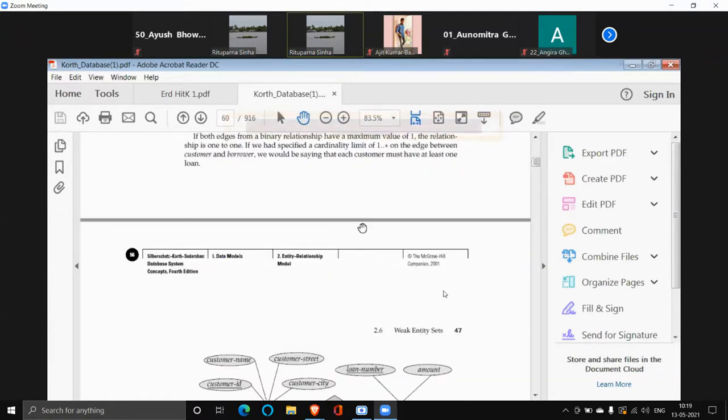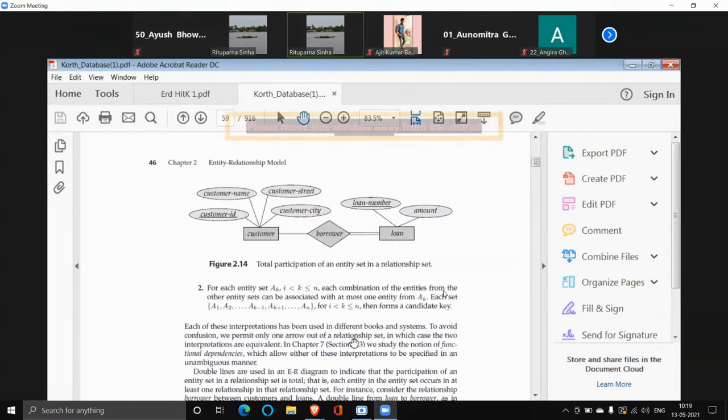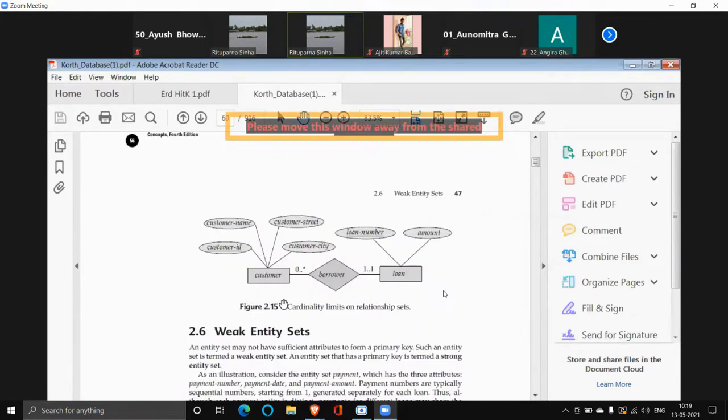You could have used this notation, or you can come here and say that customer to loan, just see, 0..*. 0 means what? Customer has a minimum of 0 associations. That means a customer can have 0 loans or may not have a loan. So what type of participation is it? It is partial participation.